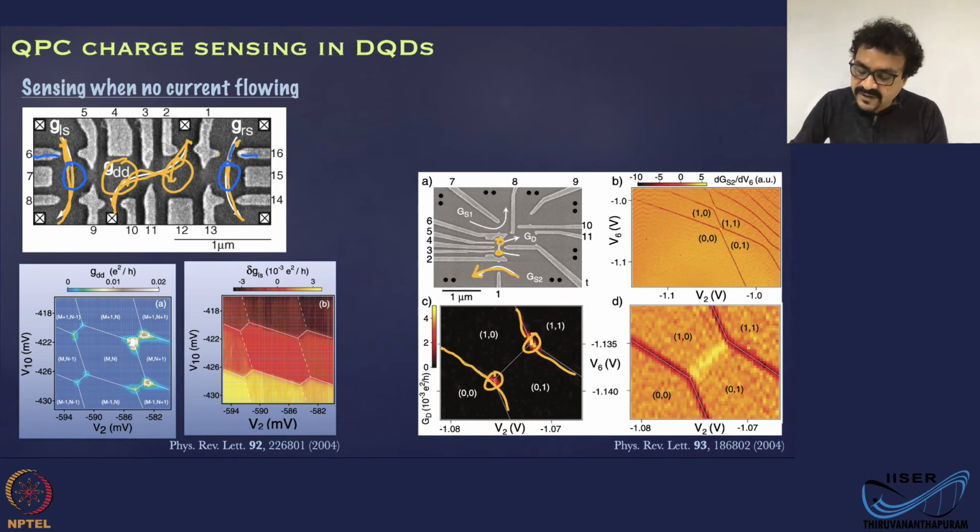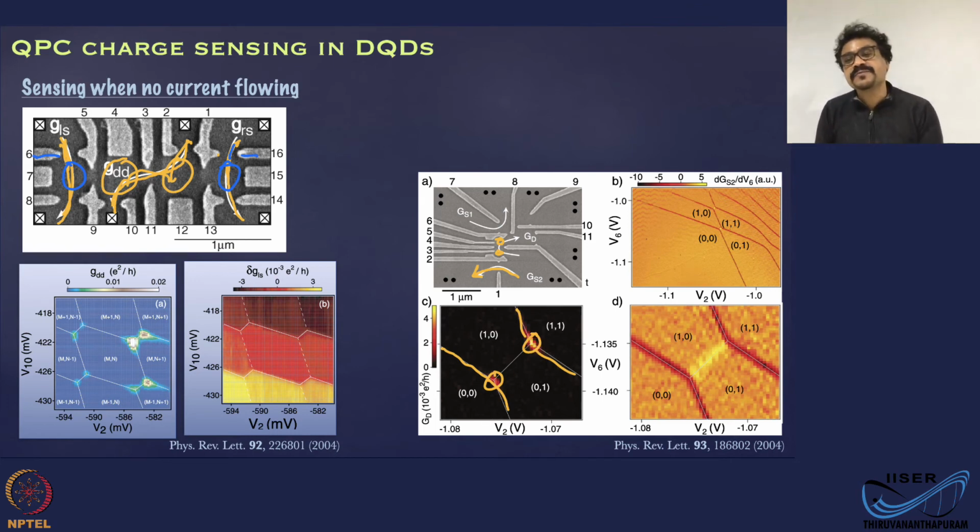Okay, for example, here 0 0 and 0 1 are degenerate along this line. Along this line 1 0 and 0 0 are degenerate. Okay, whereas along this line 1 1 and 1 0 are degenerate. Along here 0 1 and 1 1 are degenerate. So all this information has been captured by the charge sensor, whereas the current sensing tells only the information at these 2 points.